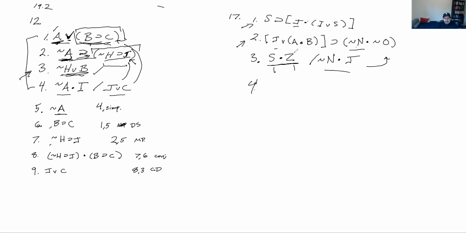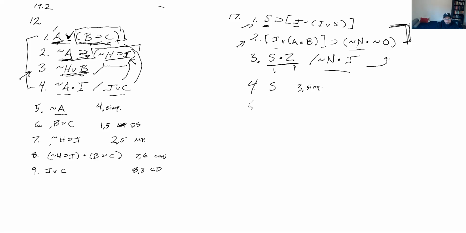Now, the S has some clear applicability. I can take an S and use it for modus ponens here. What can I do with the Z? Nothing. There's nothing I can do with the Z because there's no Z's up here. Now, maybe there's some problems out there where creative use of the Z will be the key to the problem. I don't think that's going to be the case here. We can just simplify S